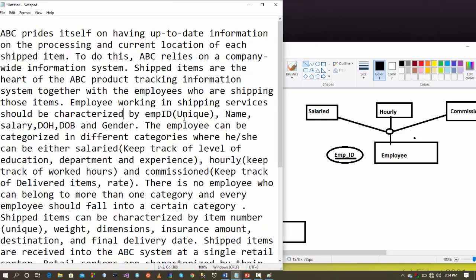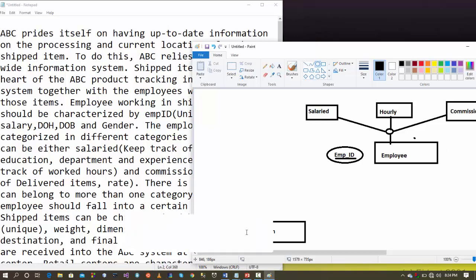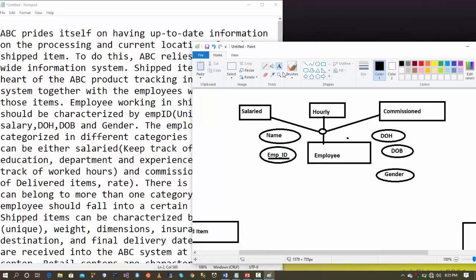And also name, salary, DOB, okay, each and everything. Let's do it very quickly. I just paused to first draw this, then I'm going to link this to the entity, because